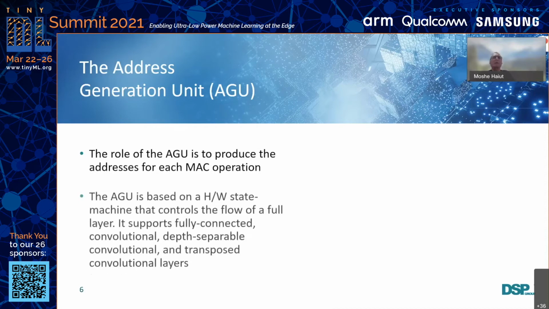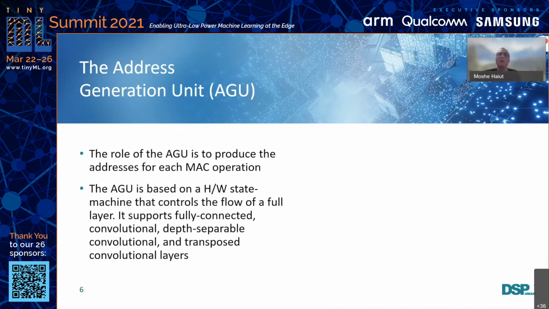This is because it has to run not only fully connected layers, which can be implemented in 2 counters, because all the addresses are subsequent addresses, but it has to also support convolutional layers, depth separable convolutional and transpose convolutional layers, and actually all kind of very complicated layers rather than a